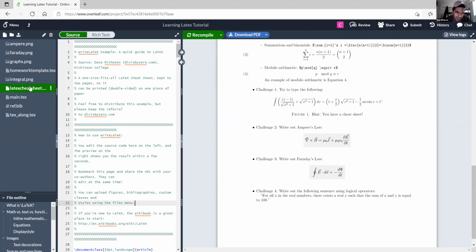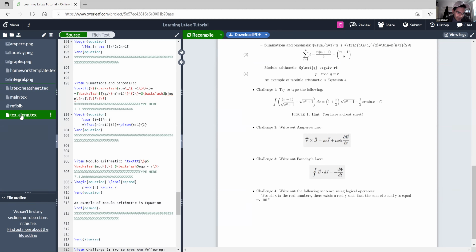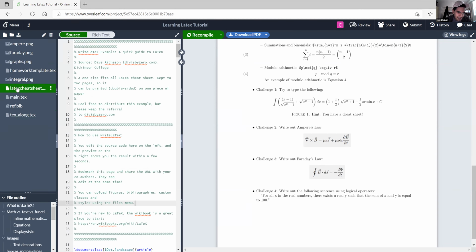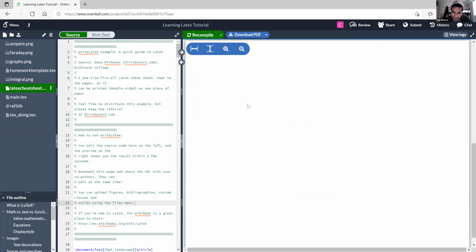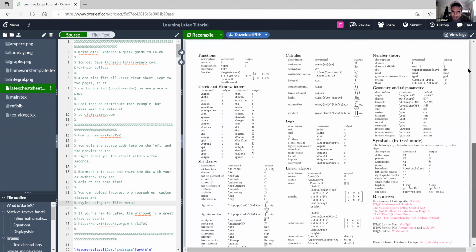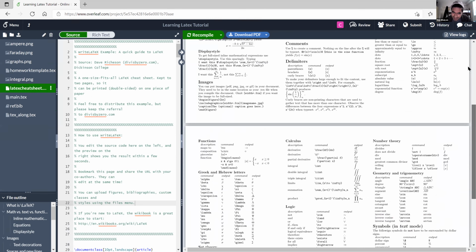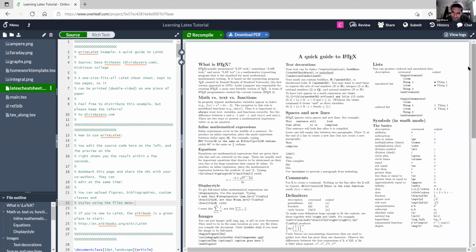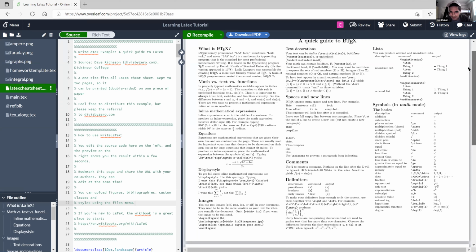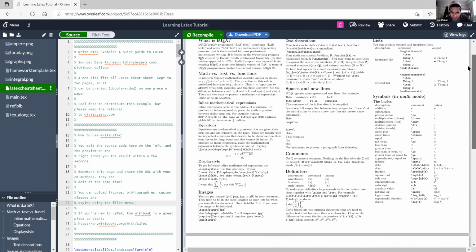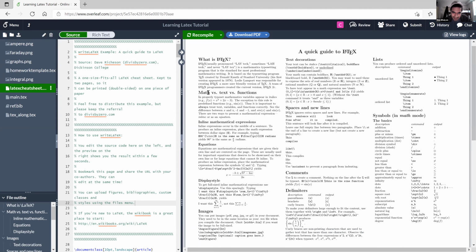So I click on the LaTeX cheat sheet here on the far left side of the screen. I switched from the Tex-along to the LaTeX cheat sheet. And then we're going to recompile so that we can see the cheat sheet. And here, this guide to LaTeX will cover almost all the fundamentals you need to know as an Overleaf LaTeX user. It explains, like, how to write out inline mathematical expressions, and then